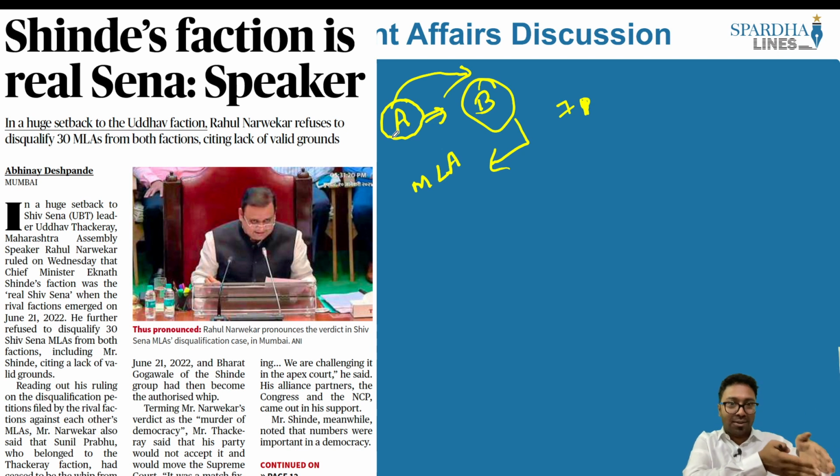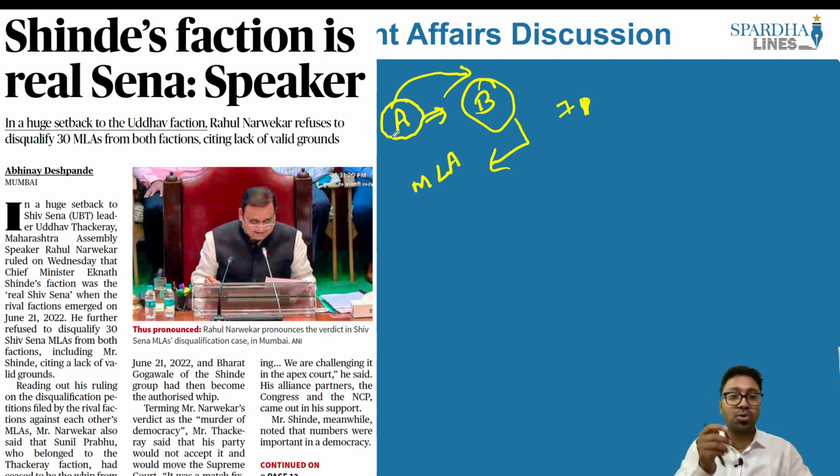group, the splintered group, is not the real Shiv Sena, because the number of MLAs supporting Uddhav Thackeray is comparatively less. But when it comes to Eknath Shinde ji, the number of MLAs selected is far in excess, greater than 40. So because they represent a larger chunk of MLAs supporting a particular group or ideology led by Eknath Shinde ji, they are the real Shiv Sena, says the speaker.